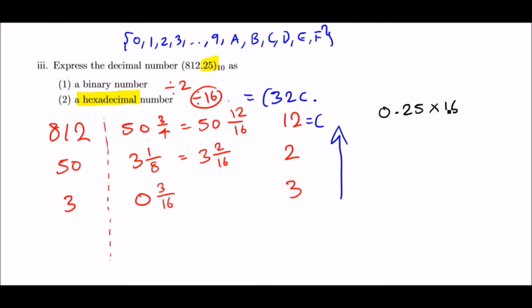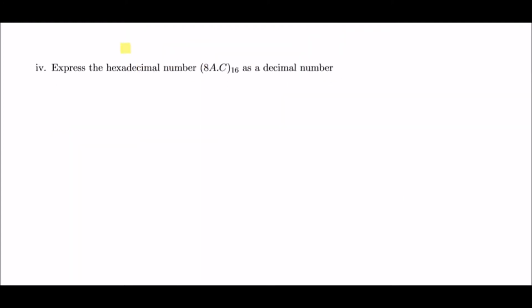What do we get? You get 4. And you're done. Because you got the whole number, and this is one of the acceptable formats. Remember, it has to be within the acceptable formats to end there. And yeah, leave it there. Done. Okay, next one. So here we're going to learn how to express the hexadecimal number 8A.C in base 16